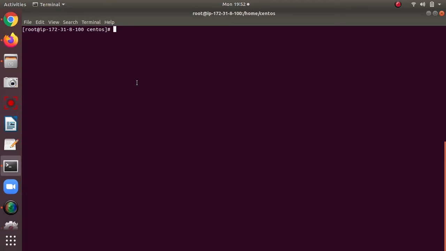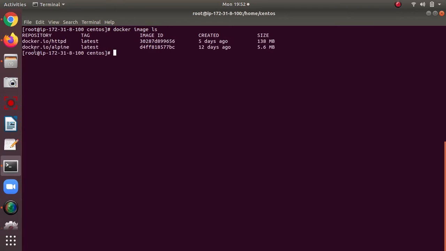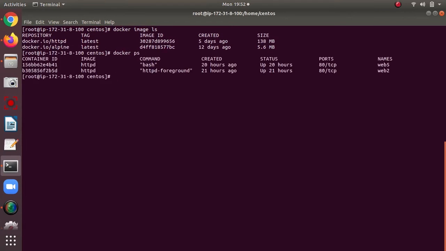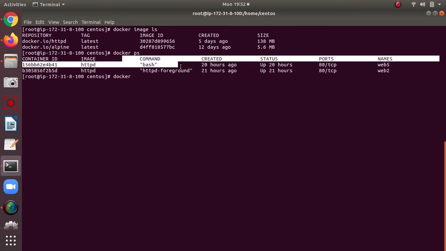Firstly, I check that the httpd image is there. Now I check which containers are running. Before jumping into the main scenario, we first have to remove the existing containers, and before removing a container you have to stop it.